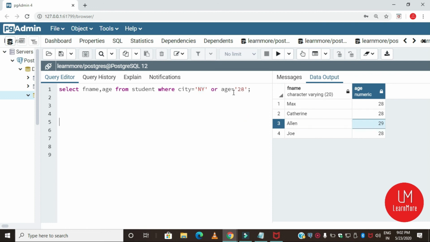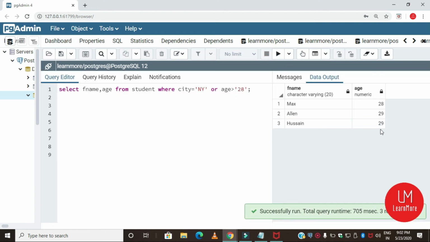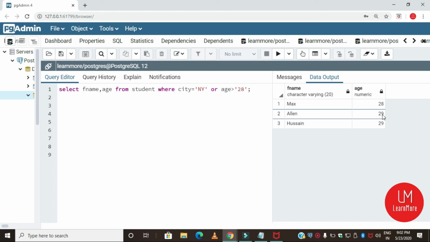Okay, and if you change this equal to into greater than 28, then you will get 3 values, because the second and third row satisfy this condition, age is greater than 28. The first satisfies city, that is New York.